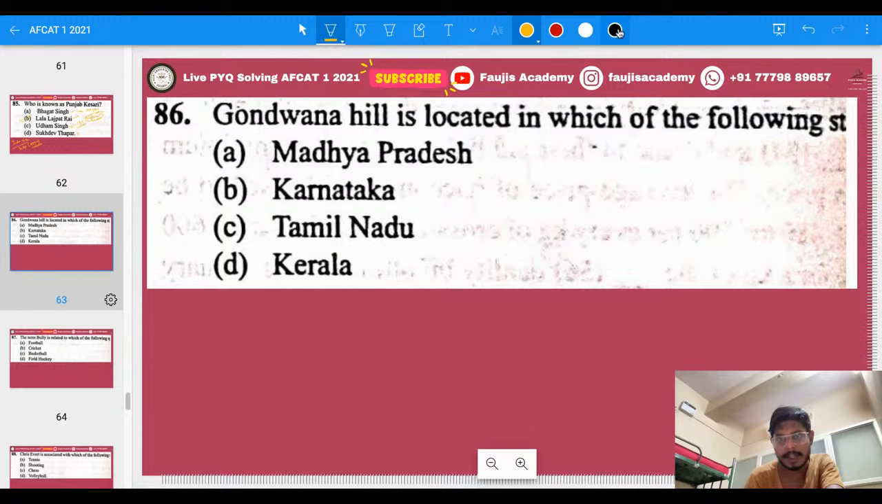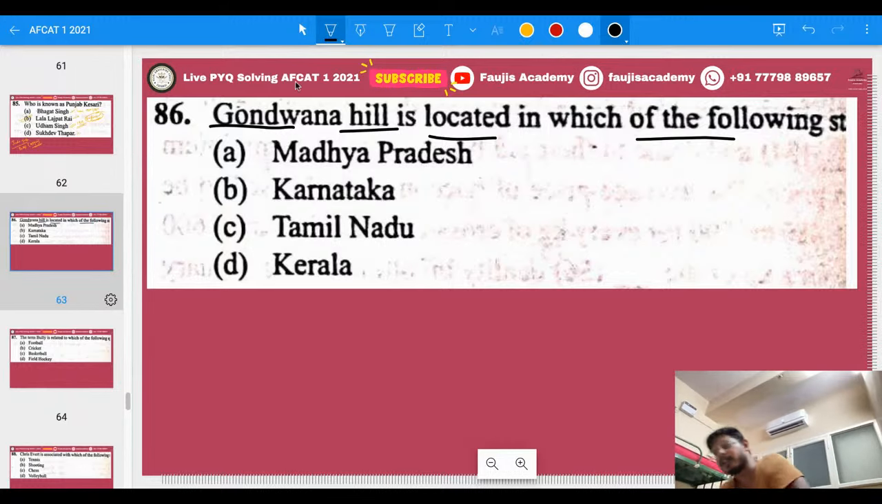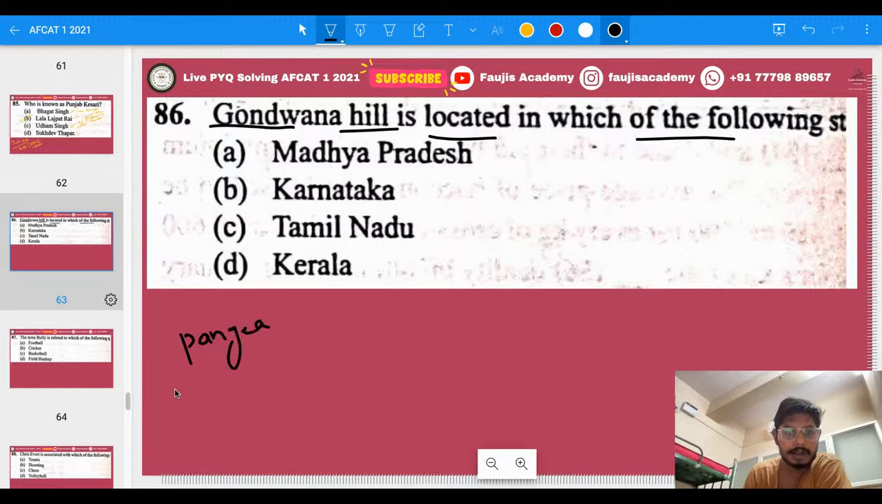Gondwana Hills, okay. Gondwana Hills is located in which of the following states? Gondwana land, we have studied about the Gondwana lands in very olden times. The Indian subcontinent that we have over here was once upon a time, billions and billions of years ago, Gondwana land, right? And even before that it was something called Pangaea. Okay, Pangaea, right? So when you come to the state of Madhya Pradesh, you will find the